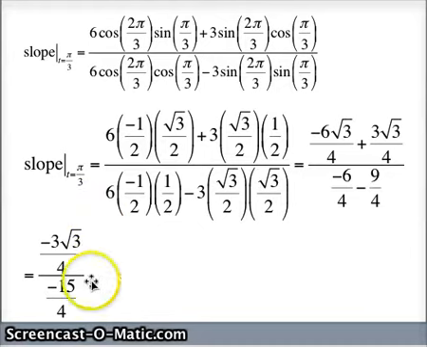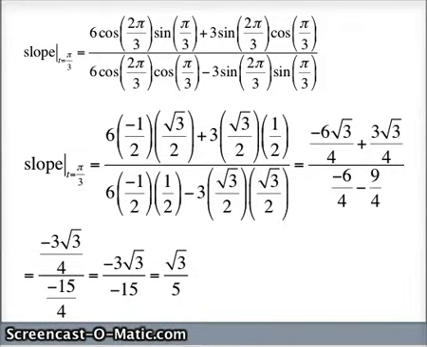Multiply numerator and denominator by 4. That clears the fractions, or invert and multiply. So take that numerator fraction, multiply that by 4 over negative 15, and you will get negative 3 root 3 over negative 15. And then reducing that fraction, dividing top and bottom by -3, and we get √3/5, which is